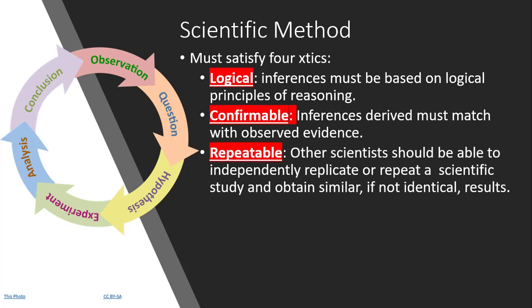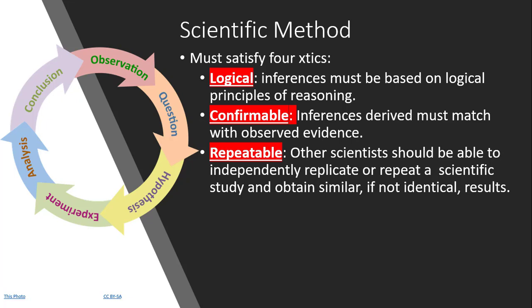Number 3 is repeatable. It should be possible for other people to read your work and be able to independently, without consulting you, replicate the same work. They should be able to say, okay, this person has done it like this. Is it actually similar? If we go back to that place, can we get the same or similar result? If we cannot repeat your work and it's a one-off and nobody else can replicate it, then it's not